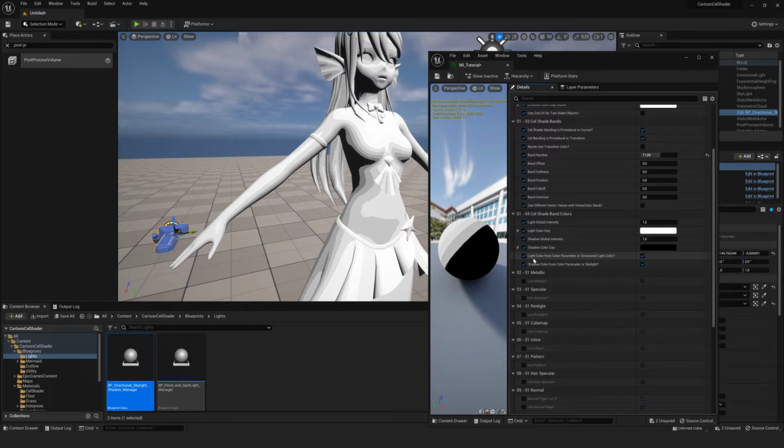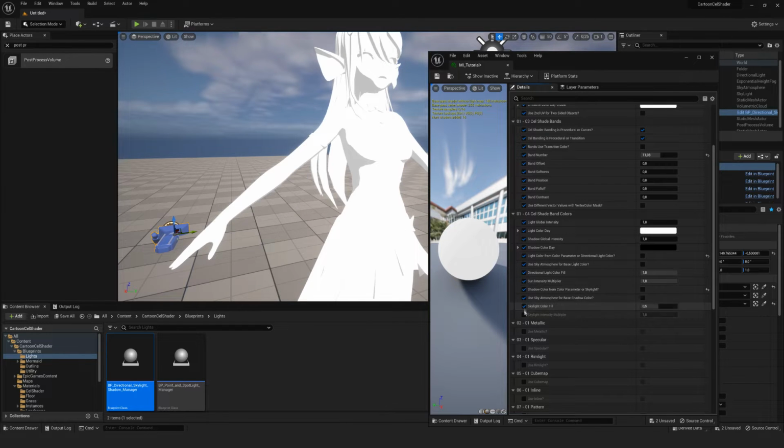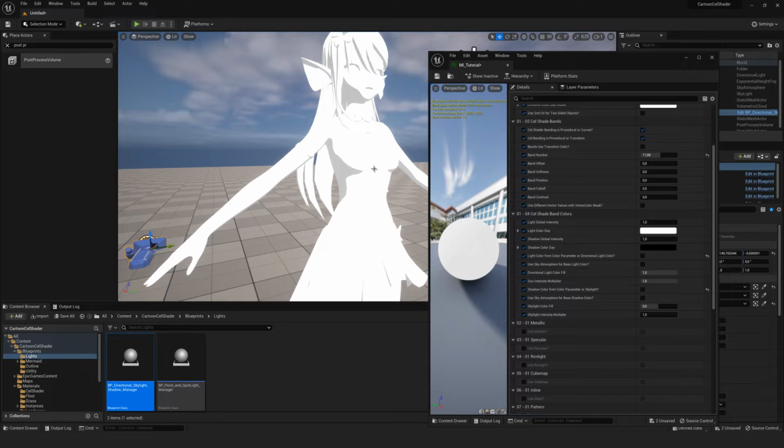So here, light color from color parameter or directional light color. This is the color parameter. We want to use the directional light color and the skylight color. So I have to disable these. As you can see, the mesh became much brighter. That's because